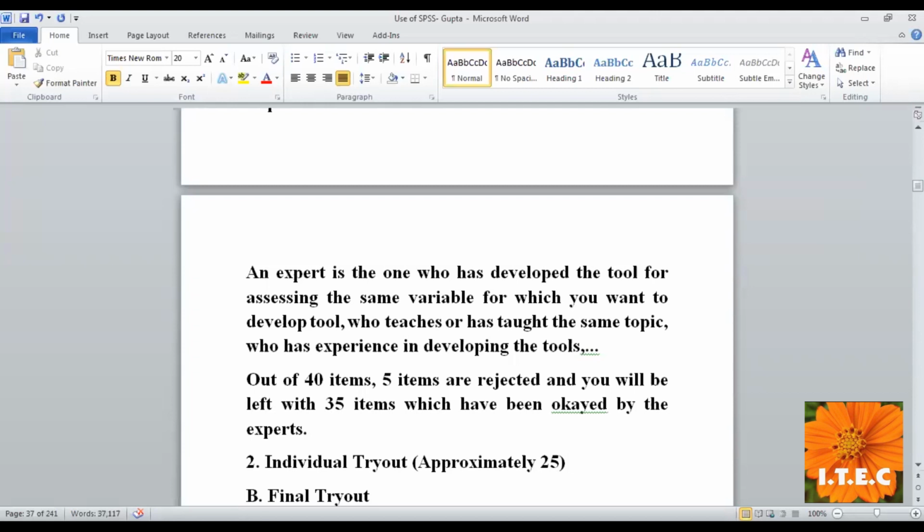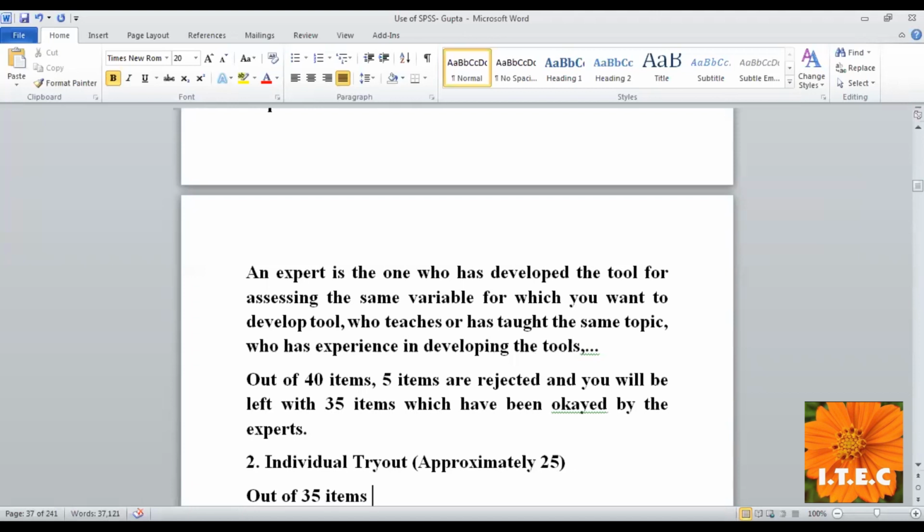On the second item, analyze each item separately and find out how many responders wanted some modification. So it is quite possible that out of 35 items,